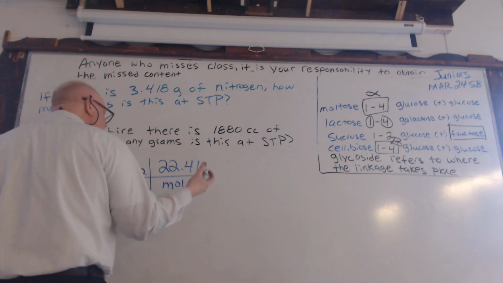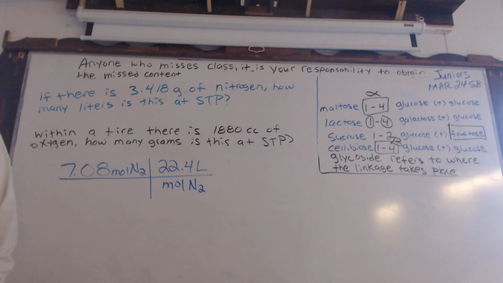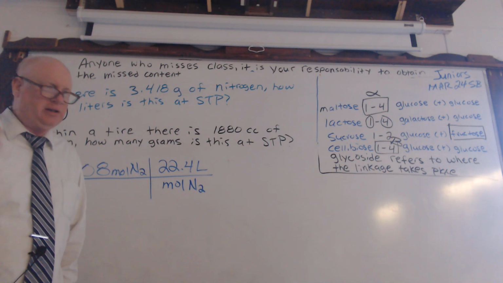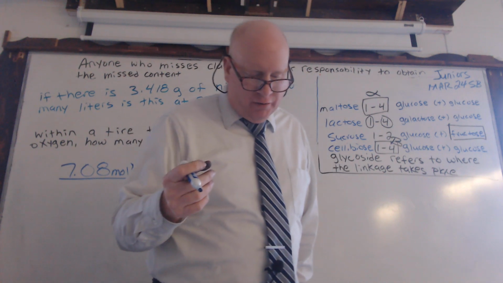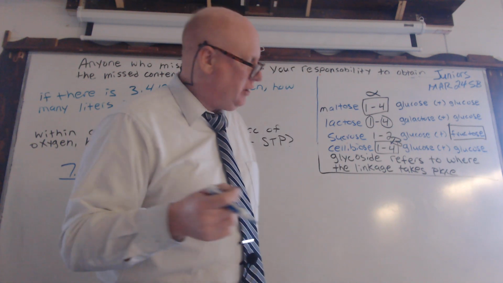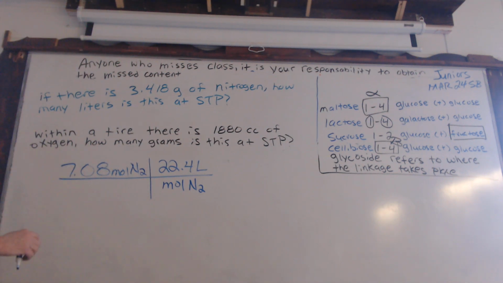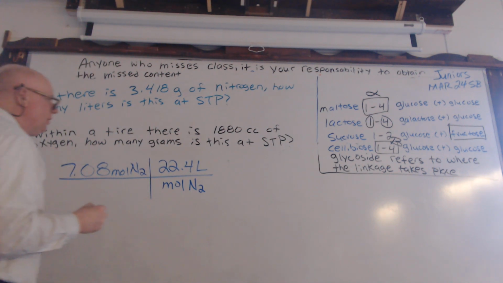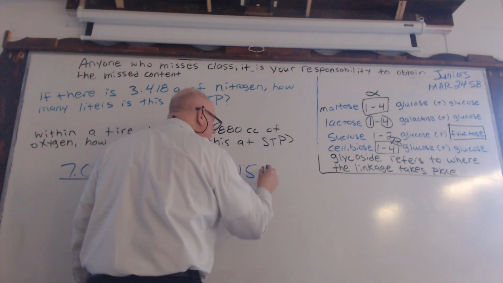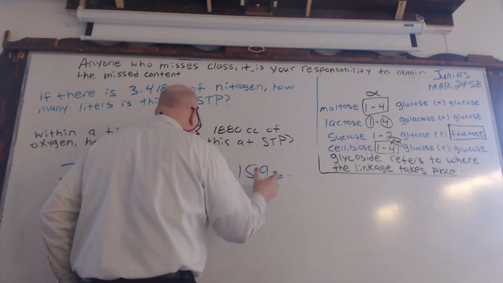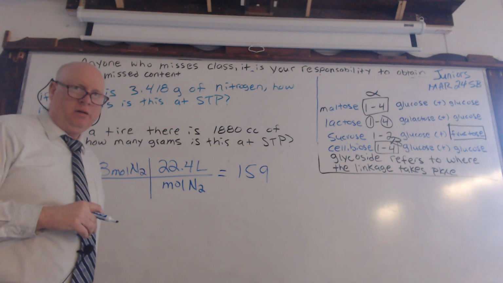22.4. It's just the conversion factor. Just like you'd use 9.8, just like you'd use 3.14, it's just a constant that has been calculated so that the math actually works out. So upon doing this, the author says you should get 159. Okay? So these two numbers are next to each other. 7.08 times 22.4 might give you 158 point something, but because of significant figures, that's probably why they round up to that. So you do 159